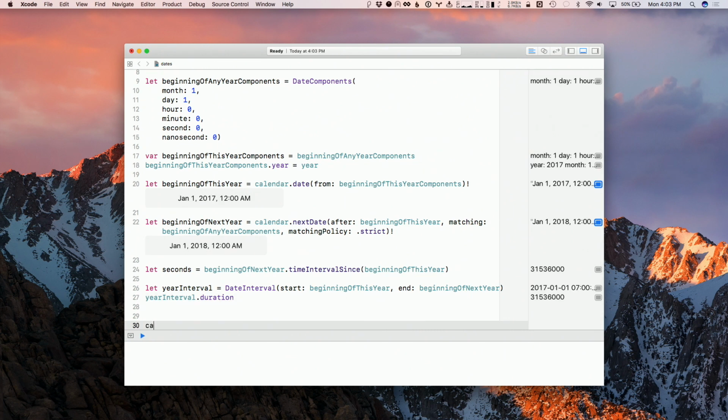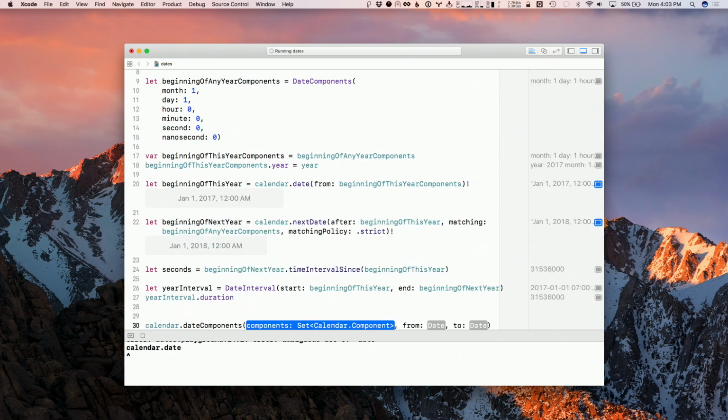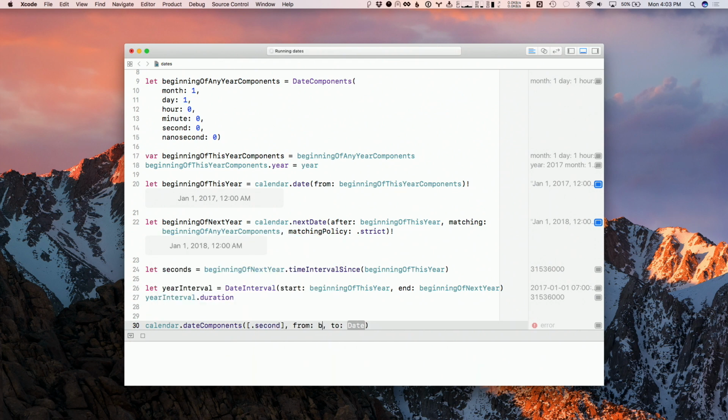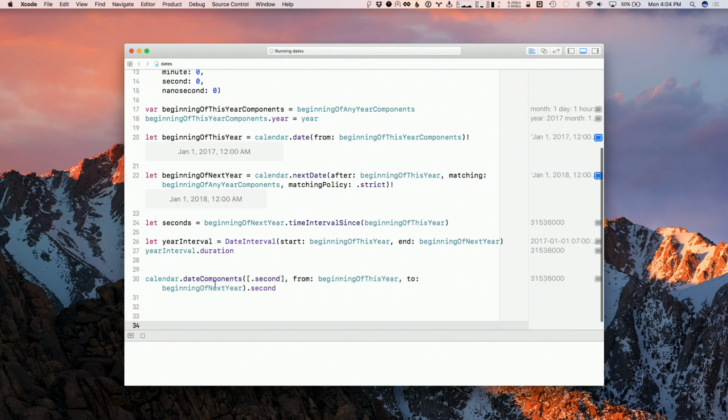And finally, there's another thing we can do. I can ask the calendar and say, give me components from one date to the next. And that component is a set of components. I'm going to ask for seconds from the beginning of this year to the beginning of next year. And that gives me a date components object, a construct in Swift. Ask for its second value, and we get the same. Now what I like about this last approach is that this can handle multiple